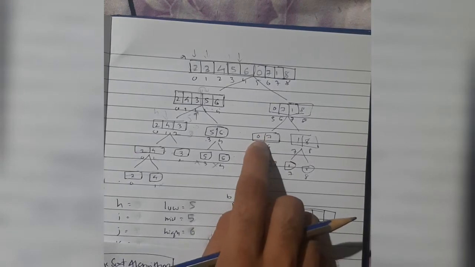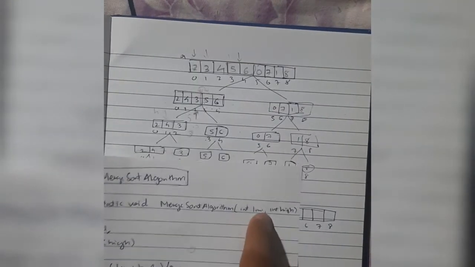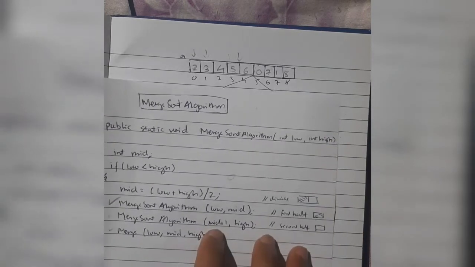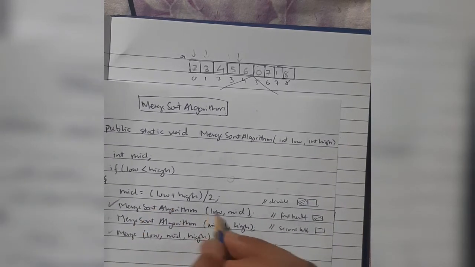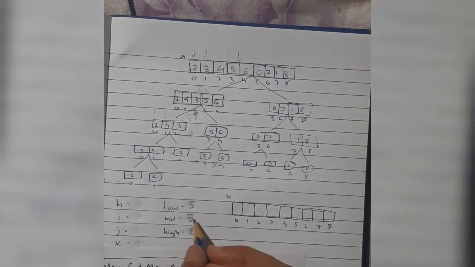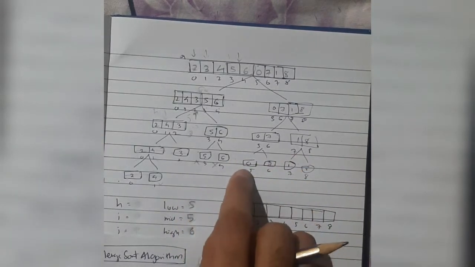Okay, we are under this array now. 5 and 6 have been passed here. The mid is calculated and written here, 5. Then the next one is, call this one low and mid. When low and mid is called, what is the value of low and mid? 5 and 5. And 5 and 5 will be calculated here for under this array.